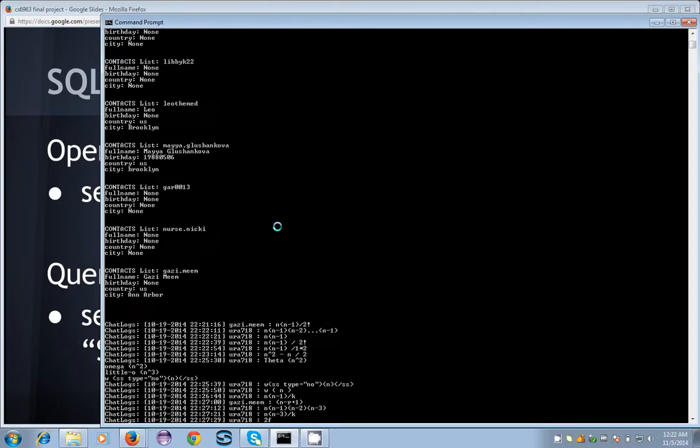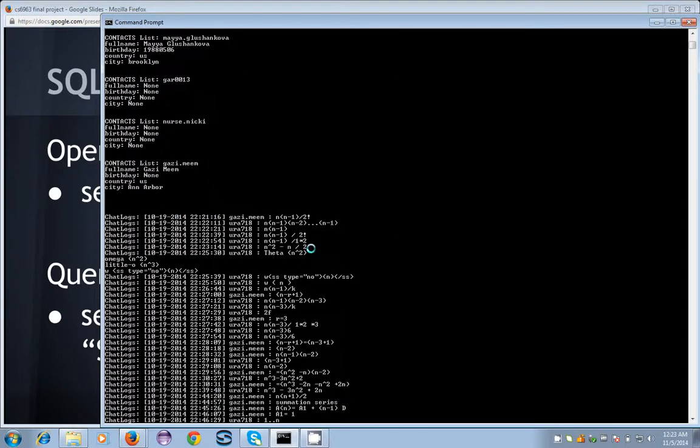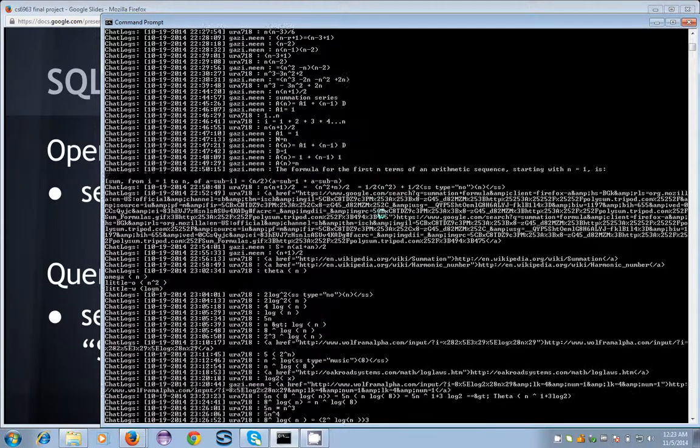The next thing we're going to look at is the chat logs. So we can see the time and the date of the chat, and it looks like there was a chat session between these user accounts, gazi.meme and URA718. Scrolling down through the chat information,